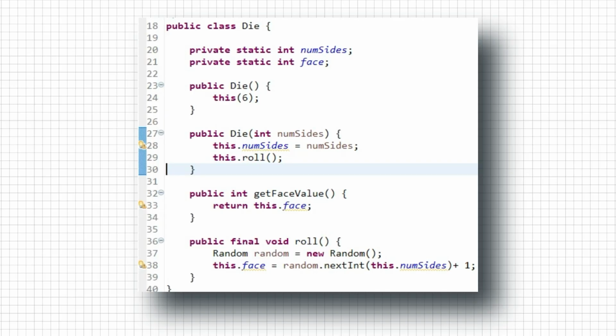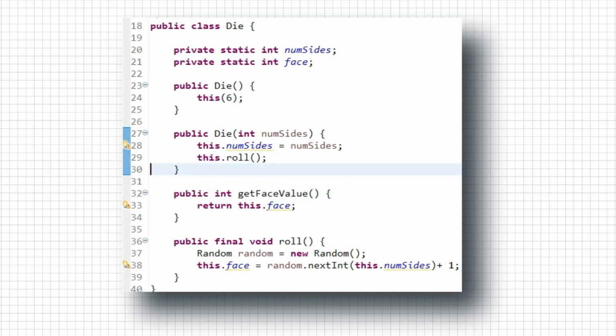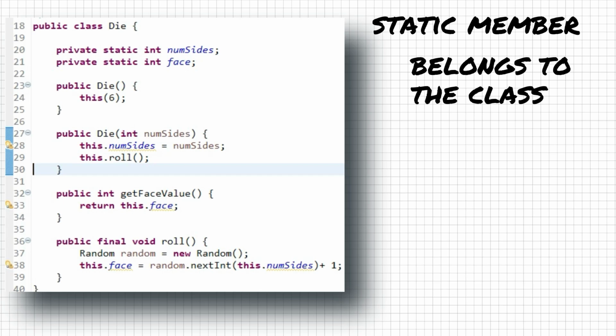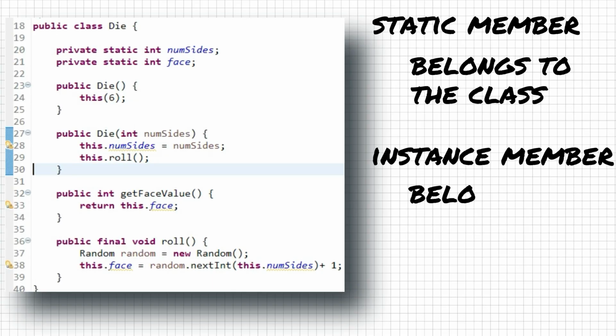Eclipse gives me a little additional information too. It italicizes static members. A static member is a word for a field or method or class part, a member that belongs to the class, not an individual instance or object. So we distinguish static members, which are part of the class, from instance members, which are part of an individual